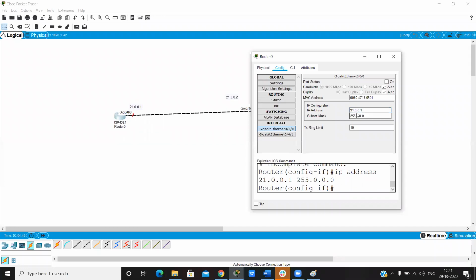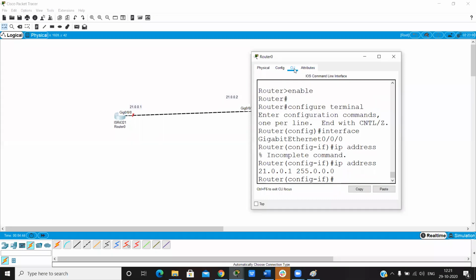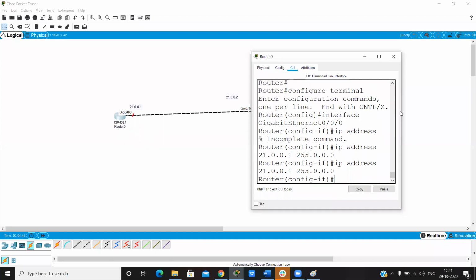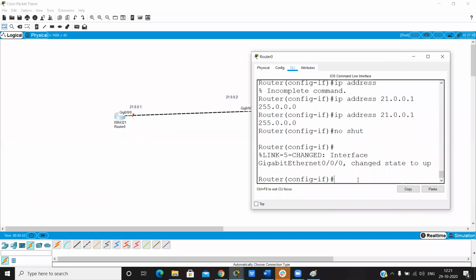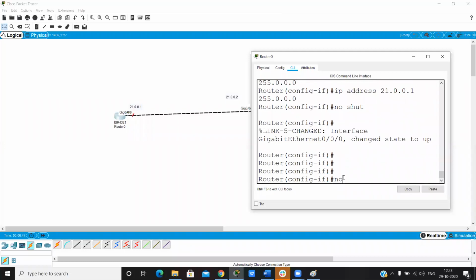Click on submit, it takes automatically. And then we go on the CLI mode and run one more command: no shutdown.